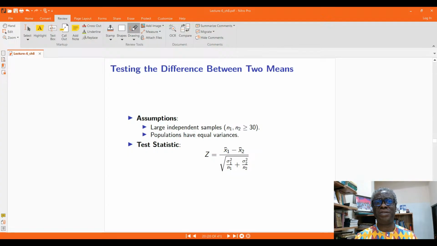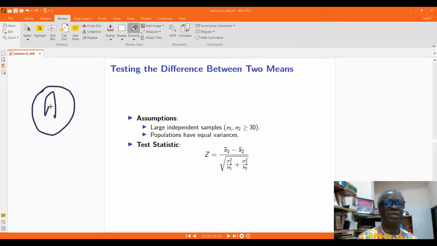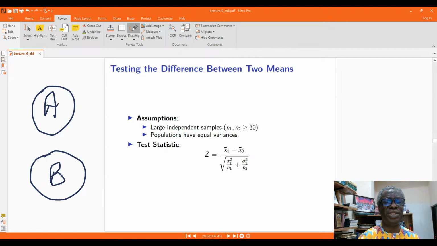For instance, if you have two groups, group A, and you have another group, group B, this is a population, this is also another population, and you want to compare these two groups. So in comparing these two groups, you want to test